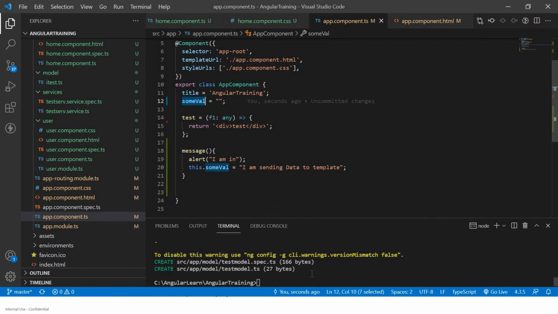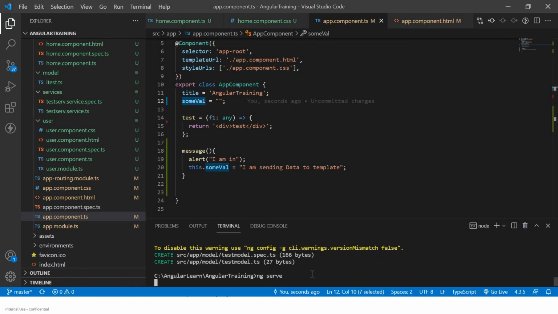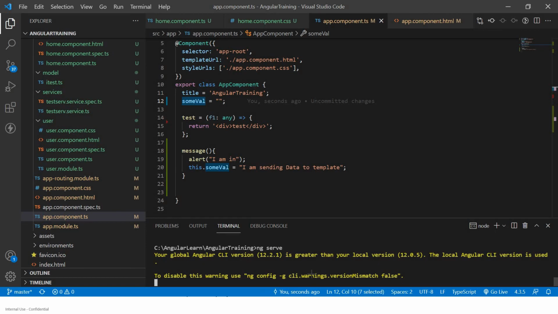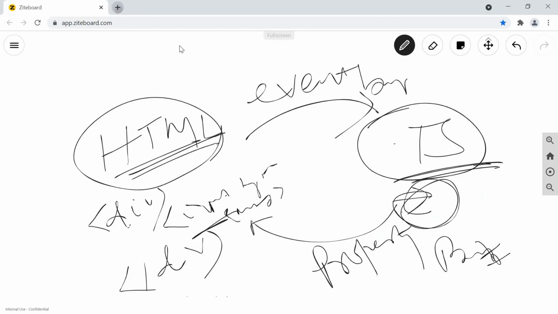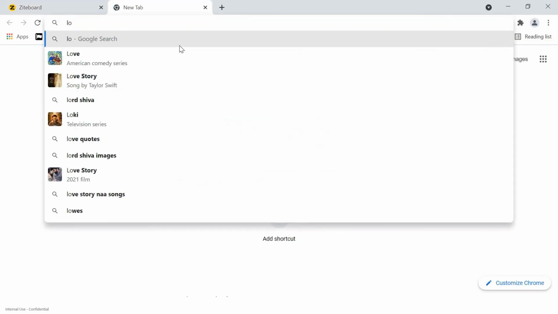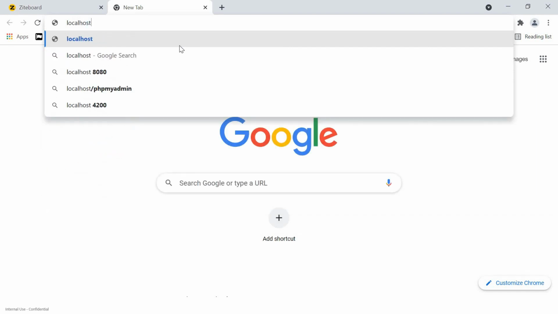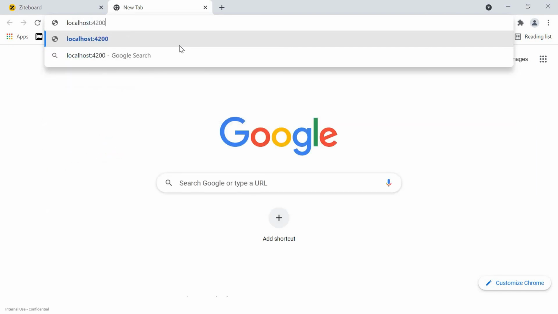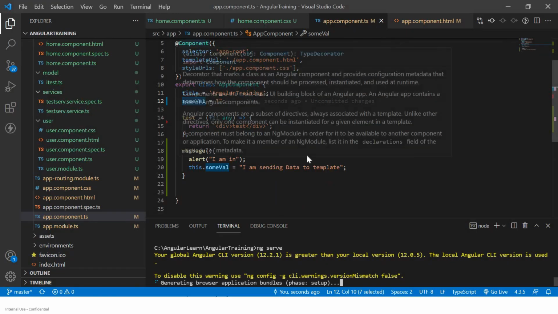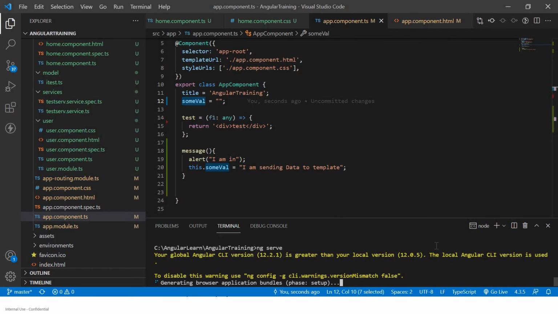So if you want to see it in action, I can just start ng serve. Okay, localhost 4200, right? Okay, it is generating, it will take some time.